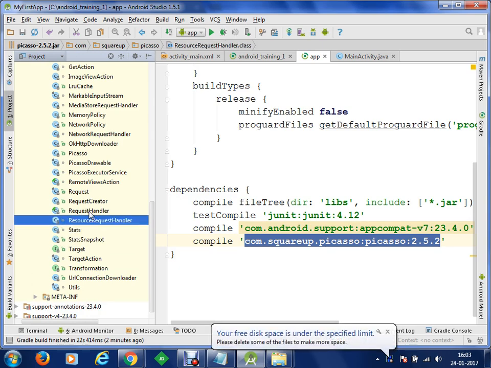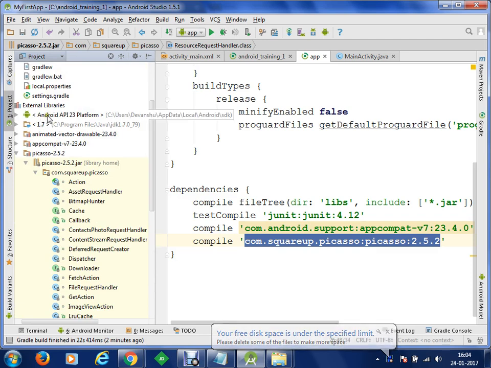Many classes are there which you can use in your project. These classes are not included in API 23. These are external libraries which we have downloaded and integrated using the Gradle build system.